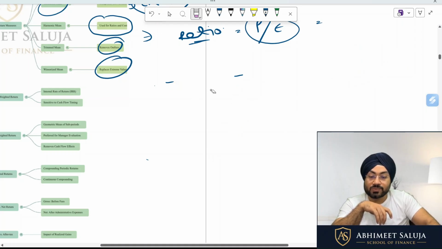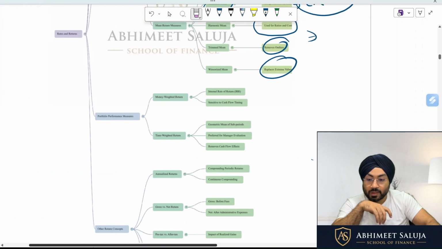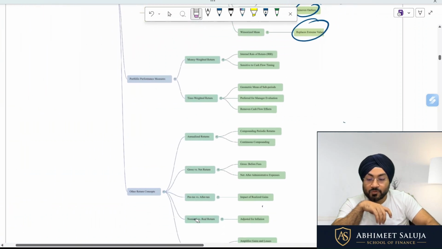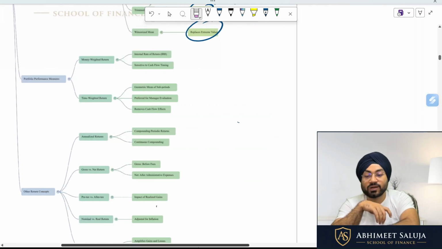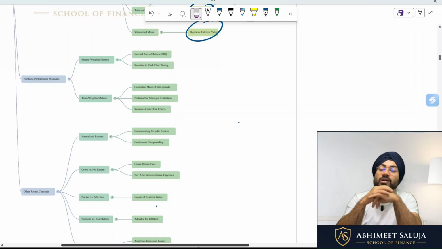Okay, so now let's move ahead. Portfolio performance measure. How do we calculate the portfolio's performance? Money weighted return and time weighted return. So you have to basically understand